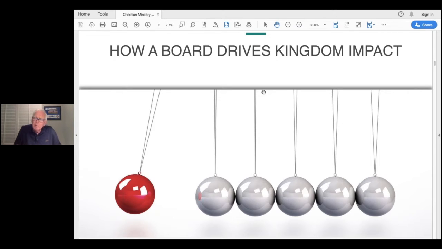So when you're looking for the right board members, you want people that are willing to look at the results, look and see what's happening, not be afraid to raise their hand and question whether things are getting off track a little bit or not. You also want a board that's going to maintain a consistent focus. So you need individuals who will stay focused on the prize, where you're headed.